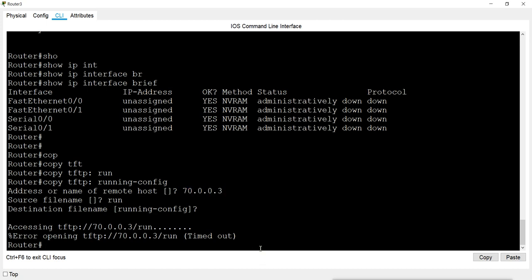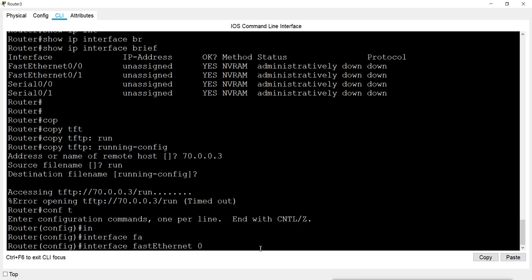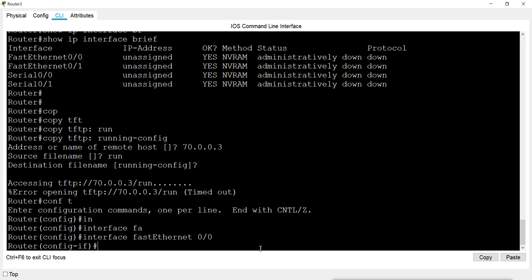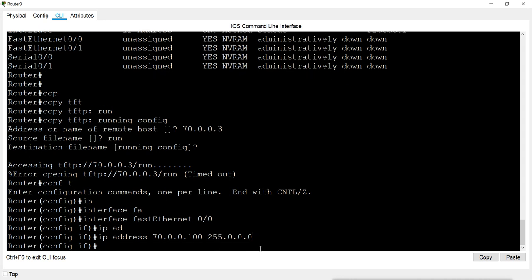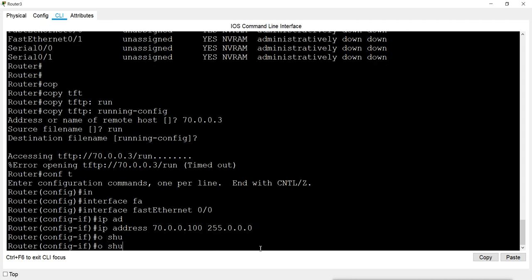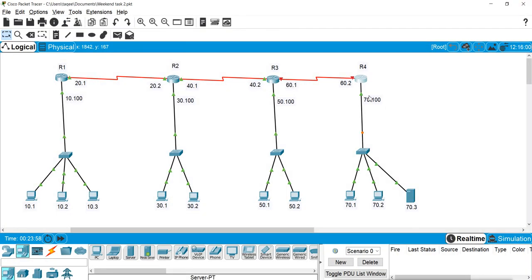The rest of the configuration it will download from the server. So I will go to the configuration tab and interface FastEthernet 0/0, which is connected to the server, and at least I will configure the IP address so that it can connect to the server and download the whole configuration. Now if we check, this interface is up.